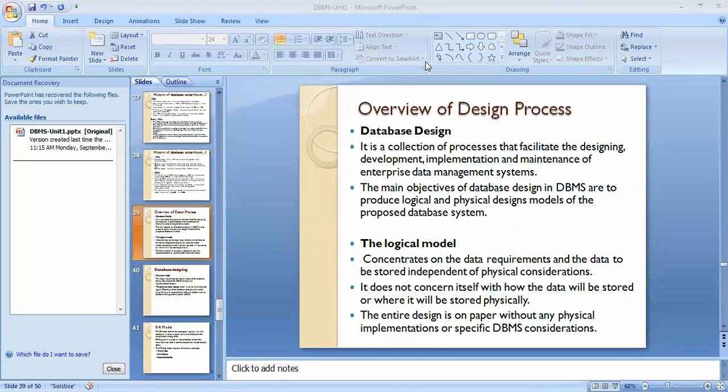See, the logical model is a conceptual model. It is pen and paper work. Here we are not dealing with how data will be stored or where it will be stored. We are just designing our database system on paper.